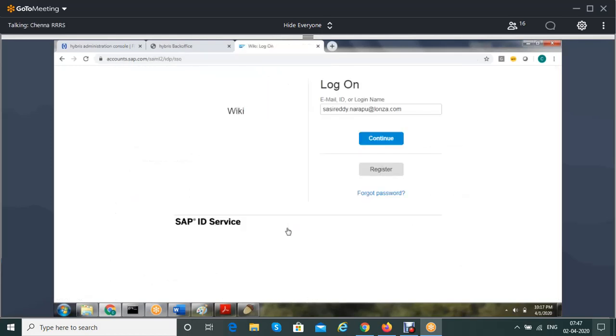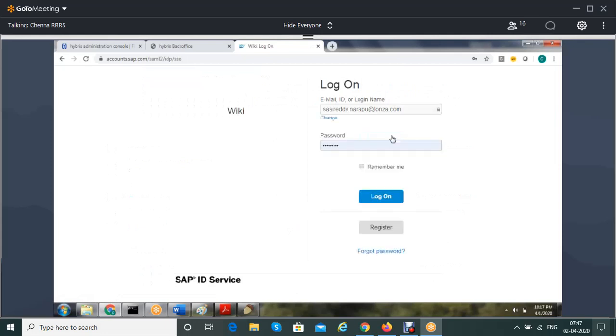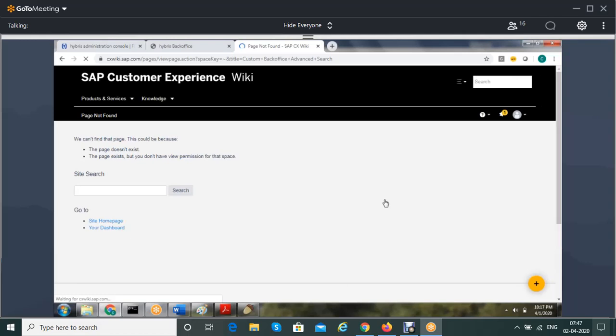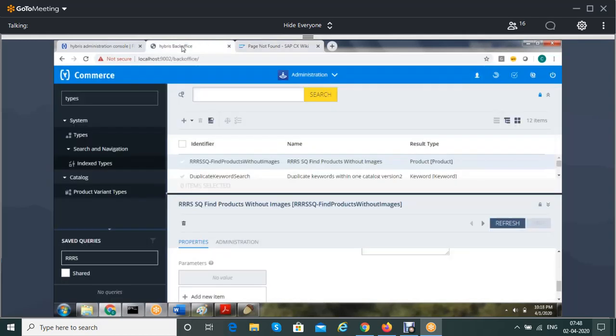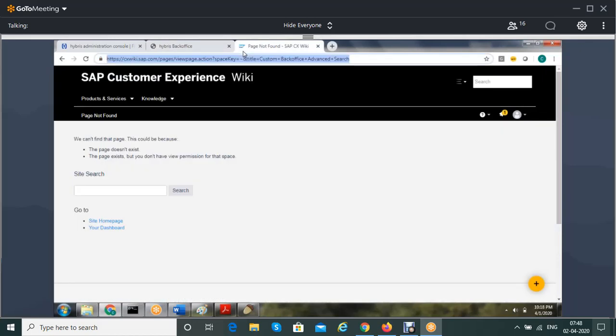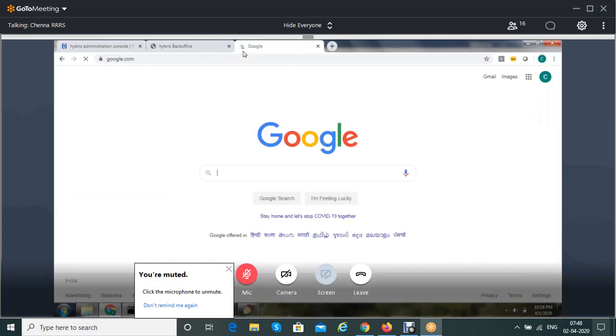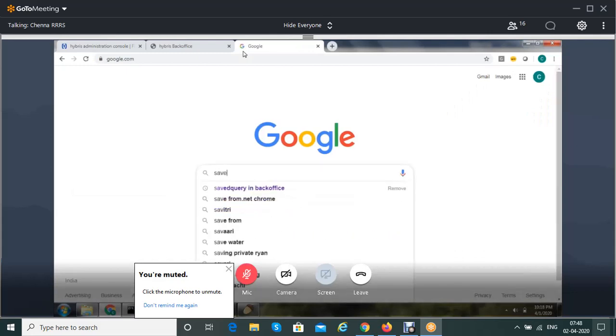In the latest version, I think they did not give the saved queries. Let's search one more time to make sure I am giving the correct information.